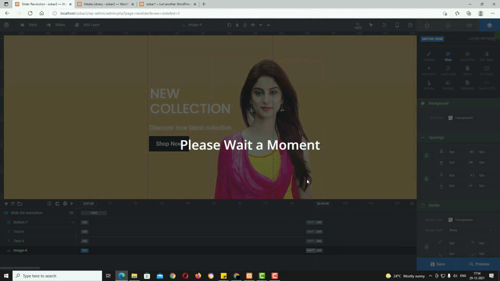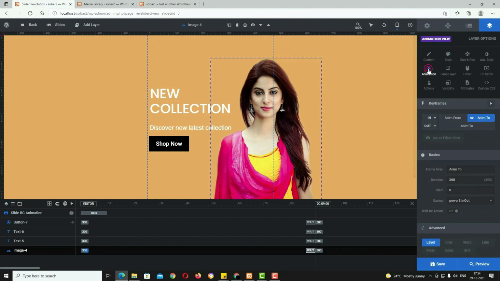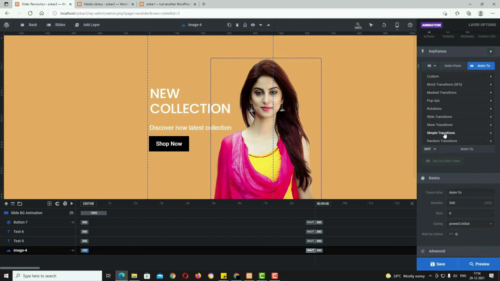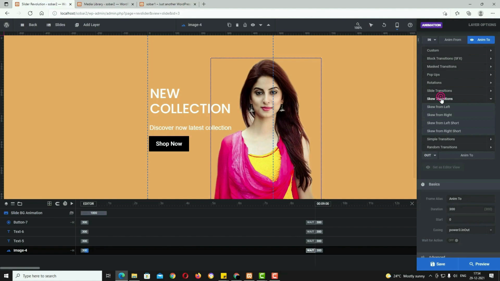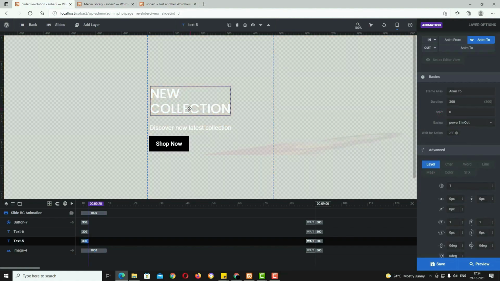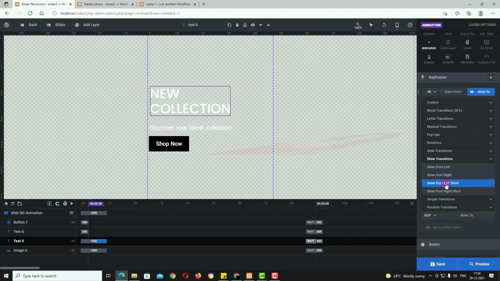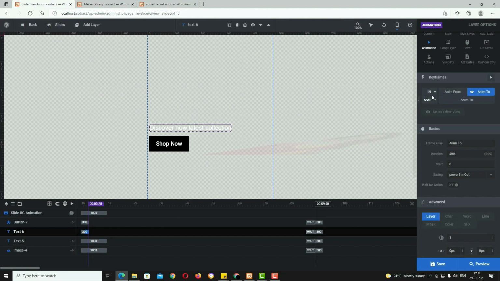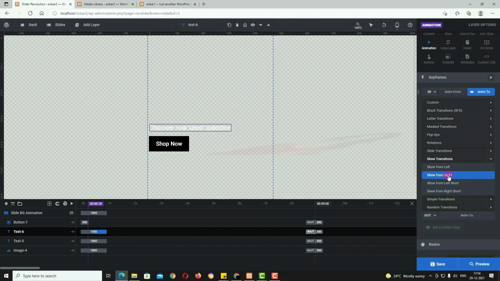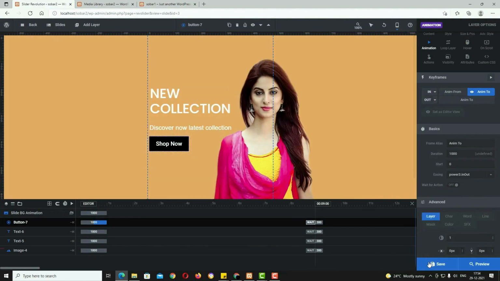After that I have to add the animation effect. So first of all I'm clicking on the image, come back to the animation, click on the in. So here a lot of animation effects are there, you can select anything. After that main heading, click on the in option, I'm choosing this option. For the subheading click the in option, I'm taking this, and for the button also I have to add the animation effect, so I'm choosing some random animation effect.